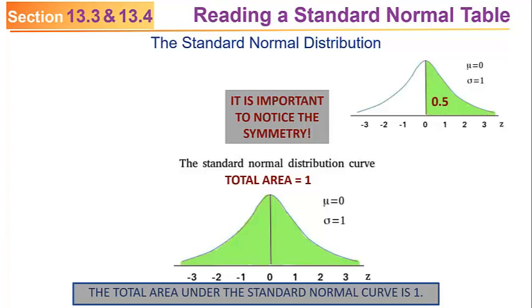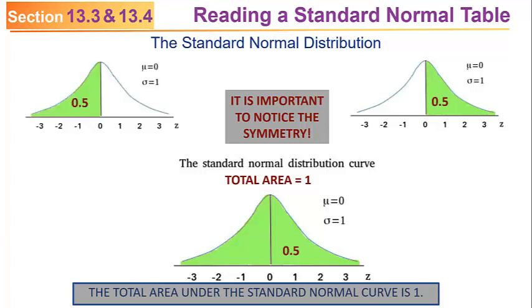That has an implication about area. If you cut that curve so that you only have half of it, if the total area under the curve is 1 and those 2 pieces are symmetric, that means each piece has an area of a half. So the right part has an area of 0.5, the left part has an area of 0.5, and of course 0.5 plus 0.5 is 1. The total area under the curve is 1. So the idea of the symmetry of the curve, and the idea that the total area under the curve is 1 and that you can cut that curve into 2 symmetrical pieces whose area each is 1/2,